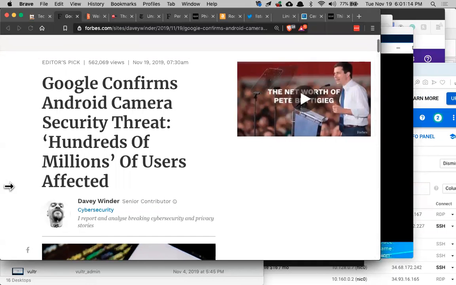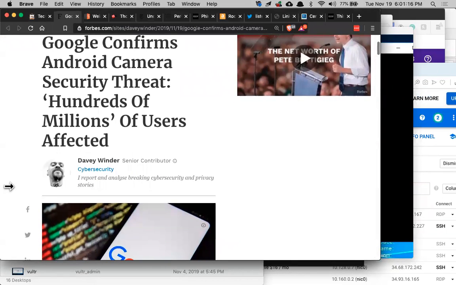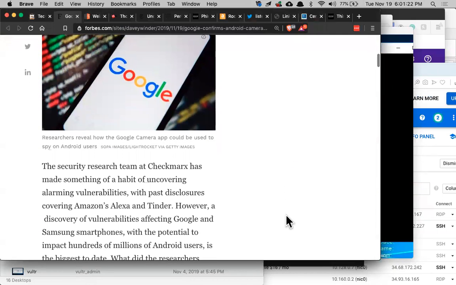So this is interesting. I just saw this. There is a new Android attack that sounds pretty awesome. I'd like to add this to the Android class if I can figure out how to do it. Checkmarx has found that if you install a malicious app that doesn't ask for anything except access to the storage,